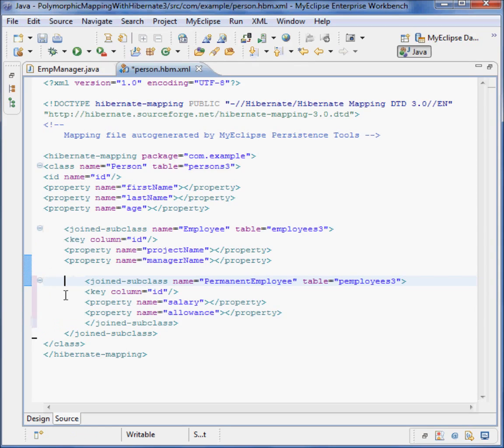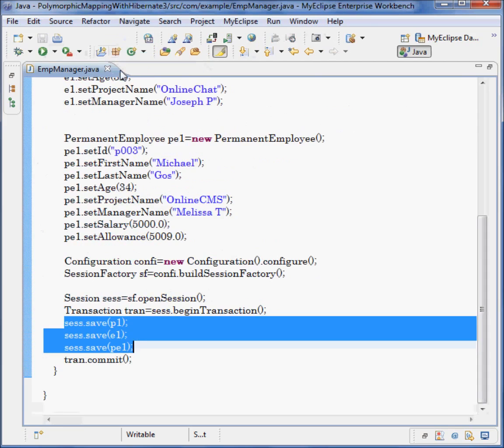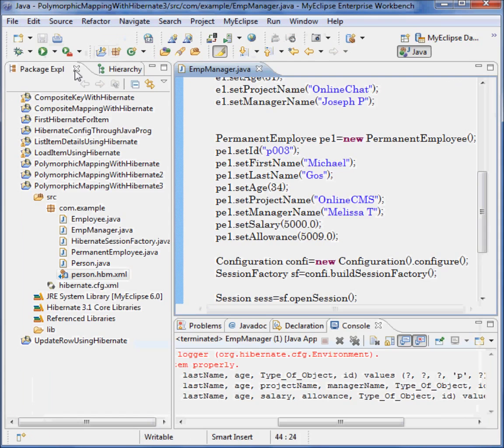So you can see this full. So this class is having a subclass, this class is again having a subclass. So we are creating this kind of mapping in our HBM file. So I hope you are understanding the changes which have been done in all these three polymorphic mappings. Okay, so I'll just close it here, and we'll come back to our